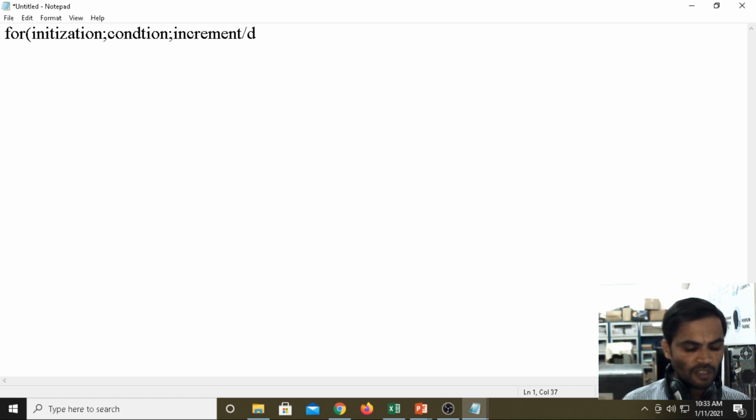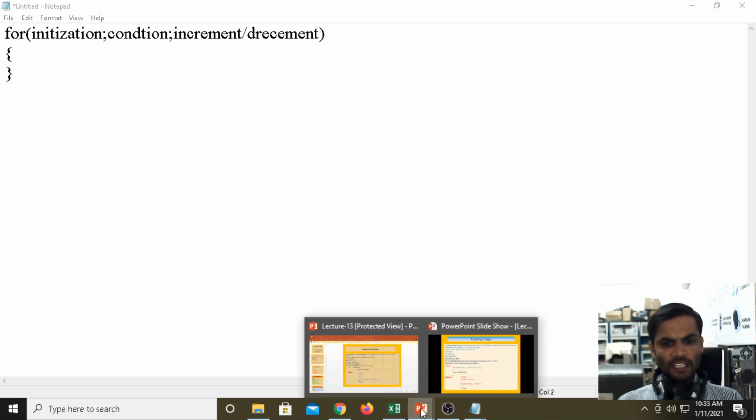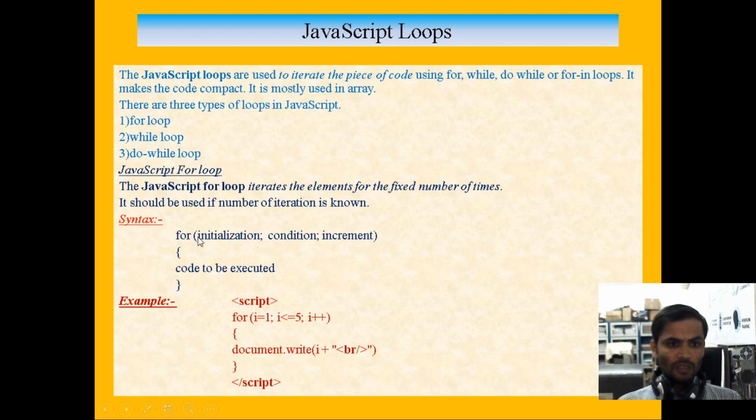Same will be there here under your PPTs: initialization, condition, increment and decrement. Then I want to display the values, see here, less than 5, I want to display the values.